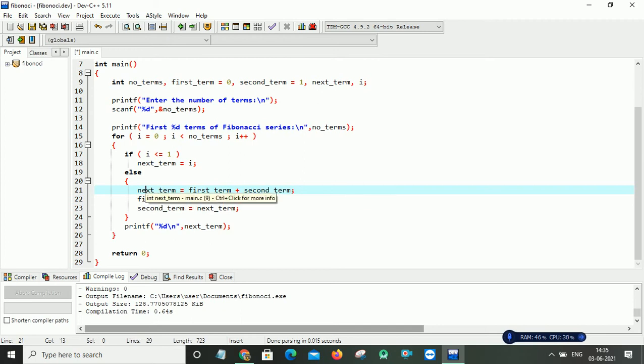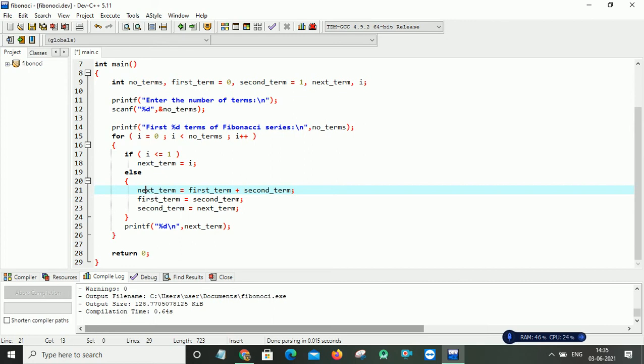Now I want to take the next two values for the next iteration. For that I simply swap my values: first term is now assigned with my second term, and second term is assigned with the next term which was just generated. Now these two values will pass to the next iteration of my for loop.